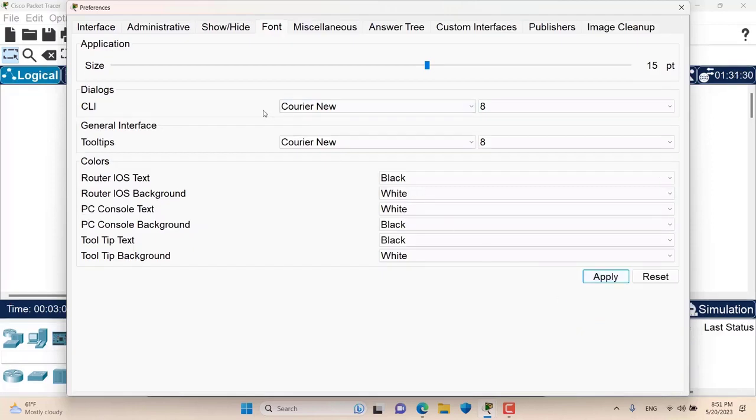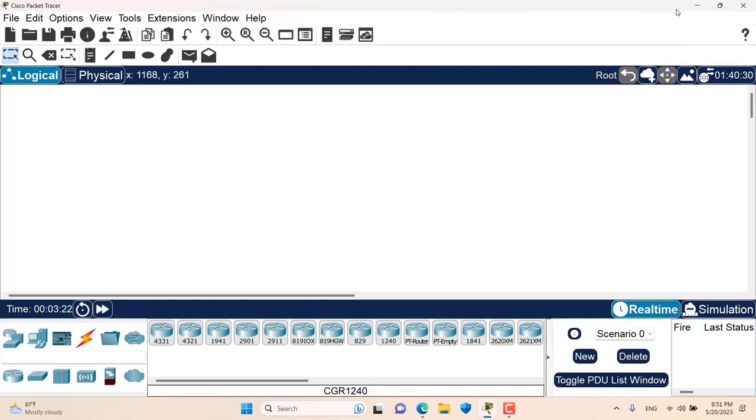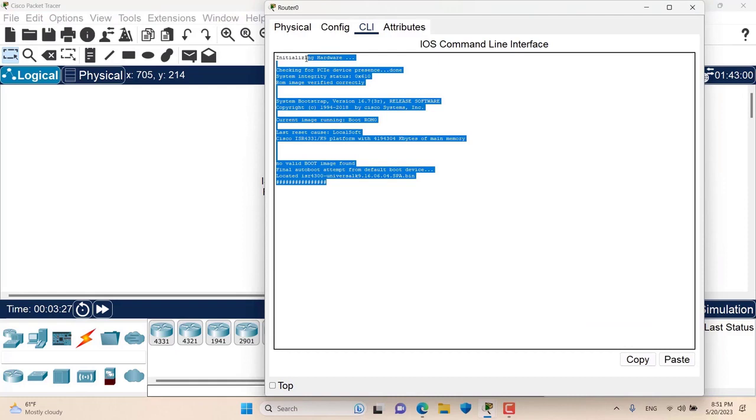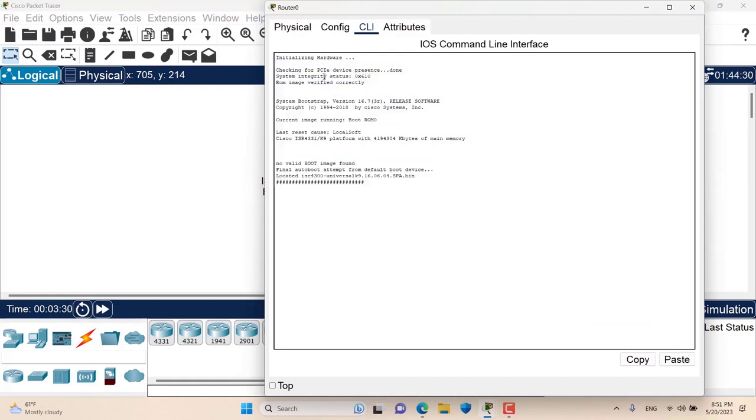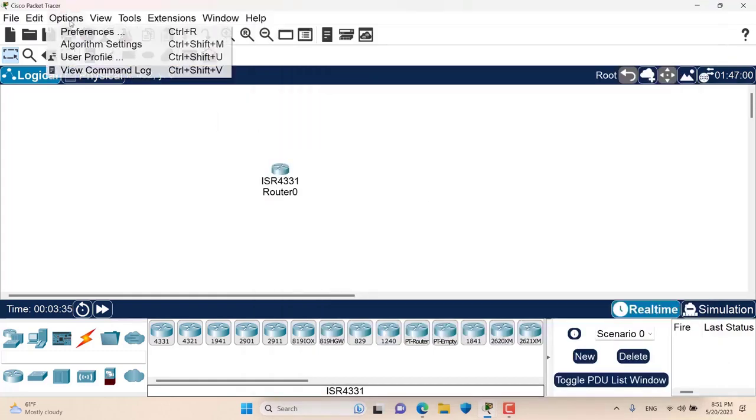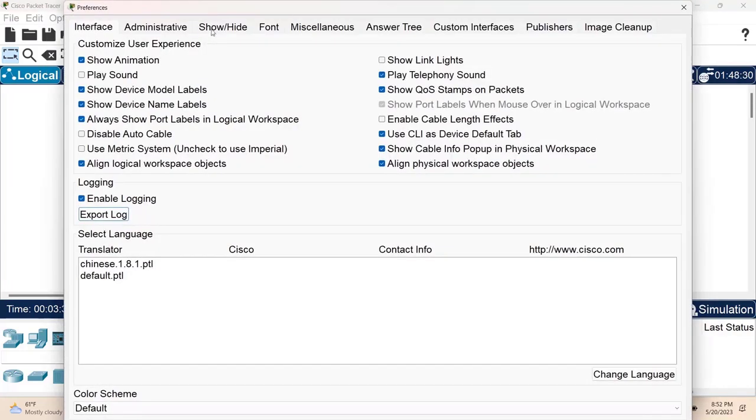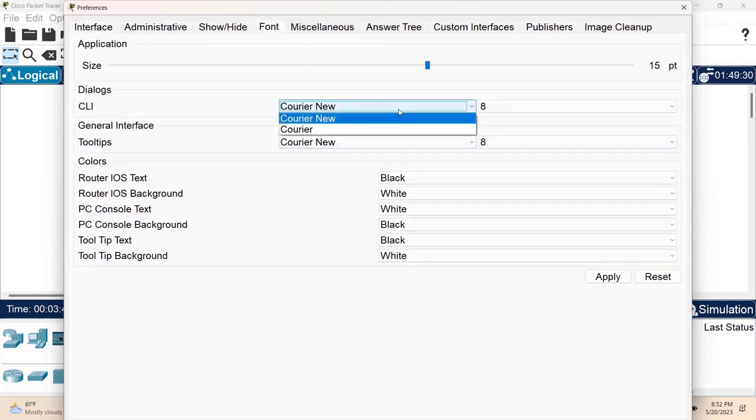Now we go to CLI. In the devices that we have, like routers and switches, we have this CLI mode where we can enter commands. If you think that the font of the CLI is too small, you can always change it. Let's go to the default one and see how big or small it is for a router. As you can see, the router is booting up, and the font is quite small, not easy for me to read. So I can change it by going to Preferences, Font,